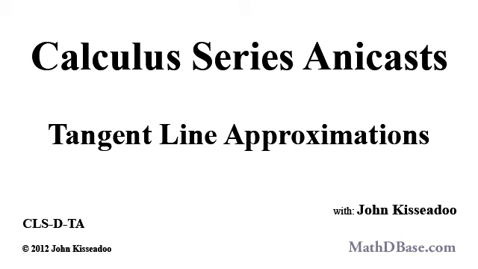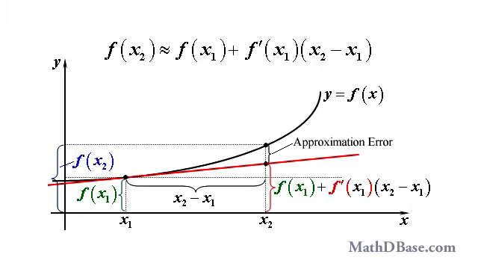In this installment in the Calculus series, I'm going to discuss tangent line approximations, a method of approximating values of a function with values on a nearby tangent line. If f is a differentiable function, that is smooth and continuous, the slope of the secant line through the points (x1, f of x1) and (x2, f of x2) approaches the slope of the tangent line to f at x1